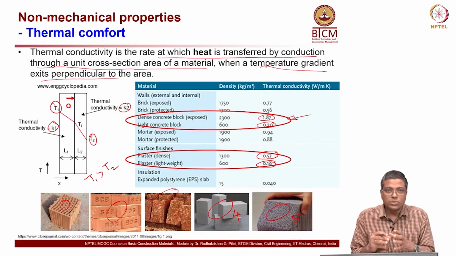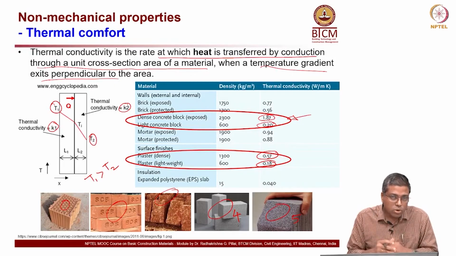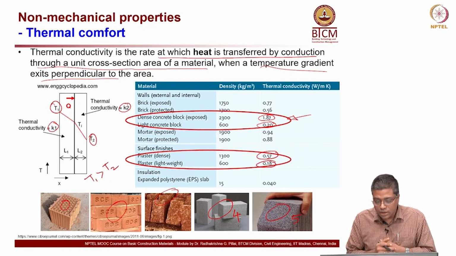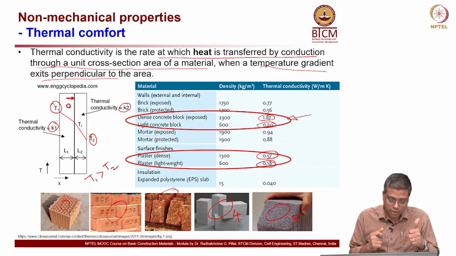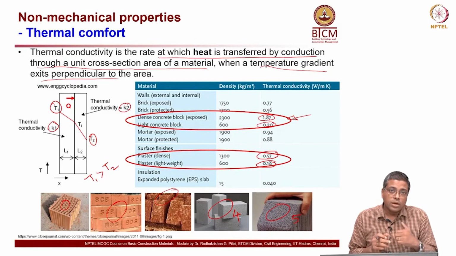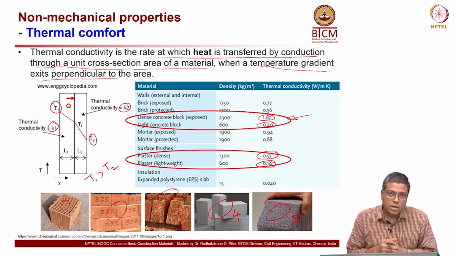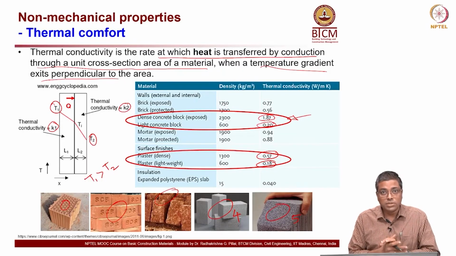So, the more air you introduce into the system, your thermal conductivity is going to be low, and when the thermal conductivity is low, that means that heat exchange is going to take more time, okay. So, it is good to use materials which have low thermal conductivity. Another advantage is that bricks with porous structure or air voids inside will also have high resistance against noise. They will also function like a noise absorbent.